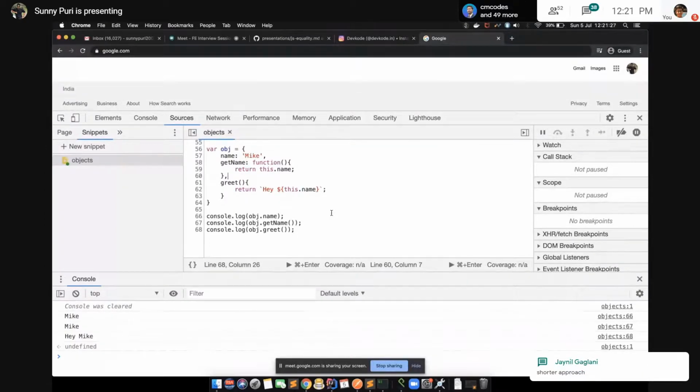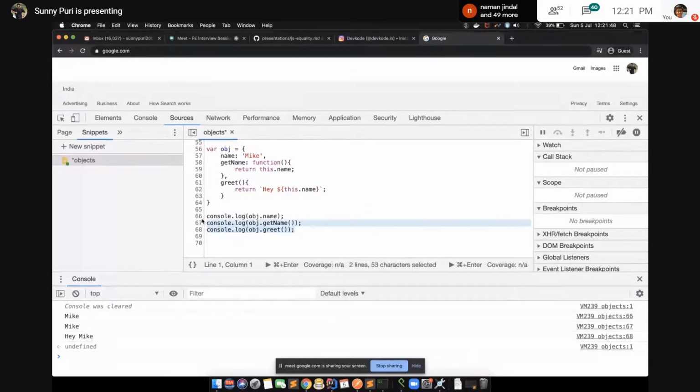People are saying it's a shorthand. Let me comment it out. We know that in case of printing, it is the same.